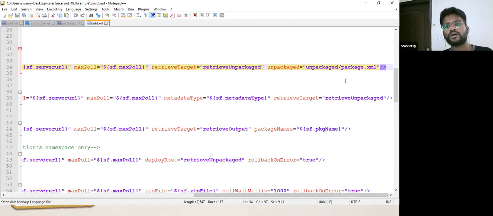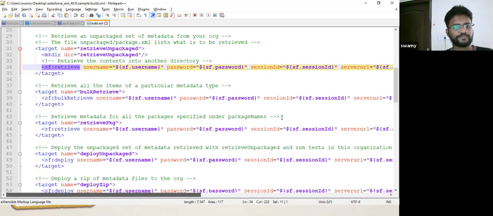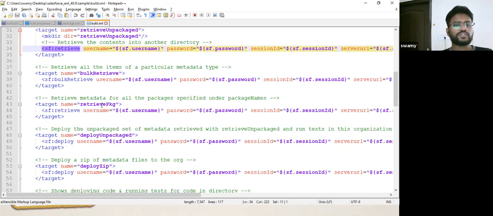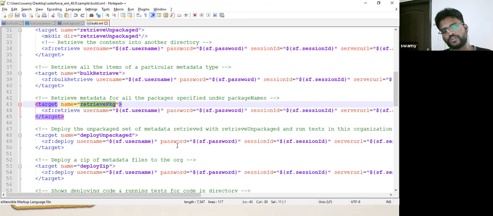And it will create an unmanaged package, and in that package it will create your file package.xml automatically, if you have not defined it. And retrieve package comes in handy when we use a change set. It will take the change set name and retrieve your package.